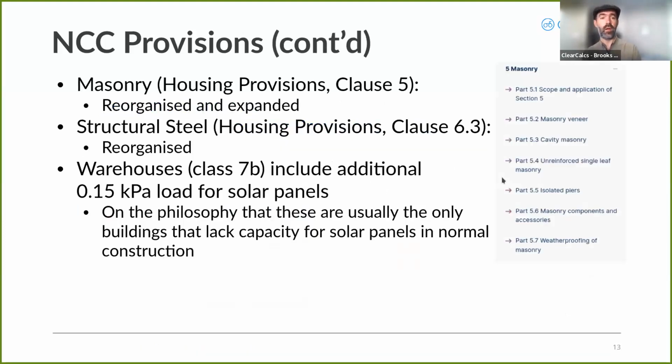Similarly, there are some prescriptive design requirements for masonry. That's clause 5 of the housing provisions. It's not been rewritten completely, but it has been significantly reorganized and expanded. So if you make use of those prescriptive designs in the NCC, that's been completely redone. Please make sure to familiarize yourself with the new organization and new rules in there. Structural steel section's been reorganized, and